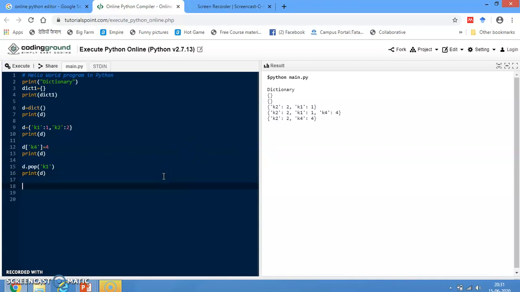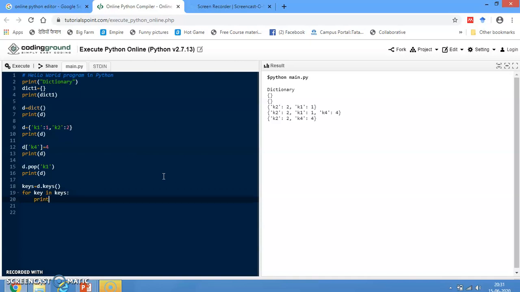Next, I am going to print the list of keys which are available in the dictionary. keys equal to d, the dictionary, dot. We have a function called keys to get the dictionary keys. Next, use a loop to print each key in keys.